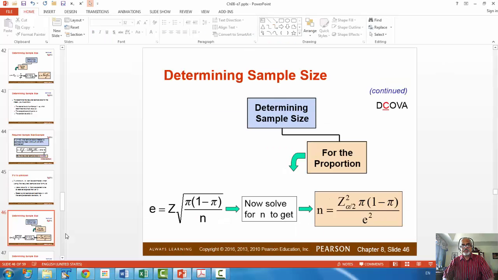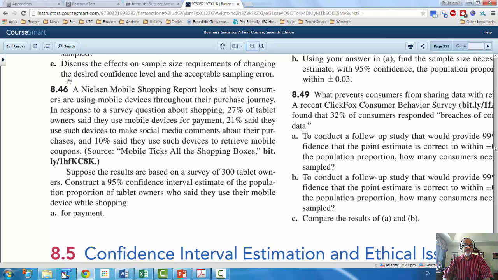So let's look at an example. We're going to use 8.46, a Nielsen mobile shopping report that looks at how customers use mobile devices throughout their purchase journey. In response to the question, how do you use your mobile device for shopping, 27% of tablet owners said they use it for payment, 21% said they use it for social media comments, and 10% said they use it to retrieve mobile coupons. We want to construct a 95% confidence interval. If we take a sample of 300 tablet owners,